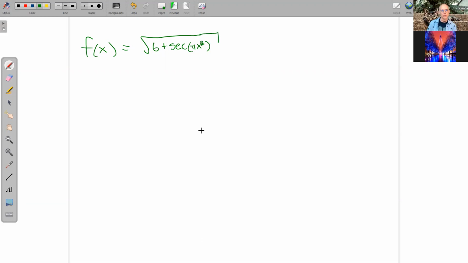So we're going to try to take the derivative of this function. We're going to try and figure out what is f prime of x. To do that, we have to identify an outer and an inner function. I think this one is pretty obvious. The 6 plus the secant is inside. The derivative of 6 is pretty basic, so I'm not too worried about that, but I'll state it anyway. So I believe that the inner function here is 6 plus the secant of pi x squared,